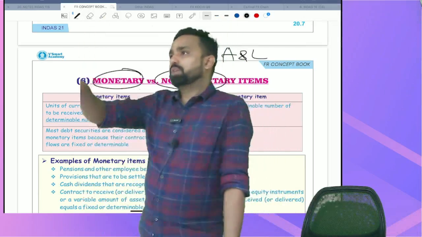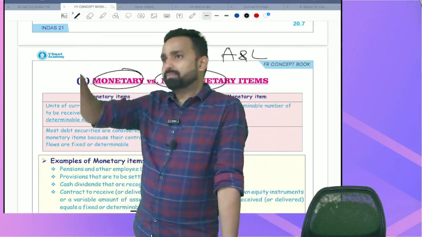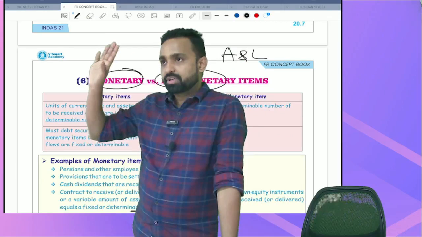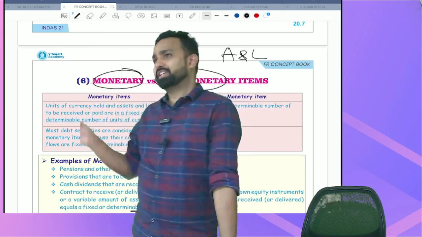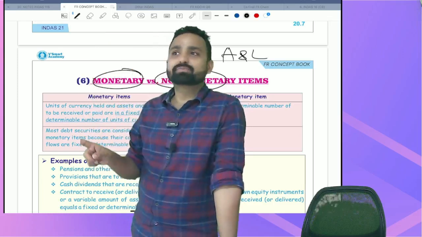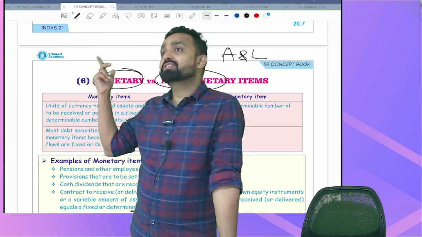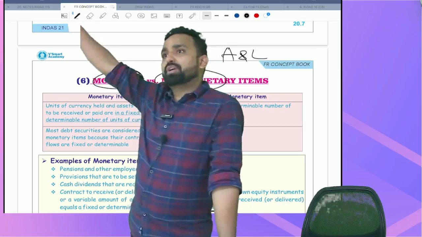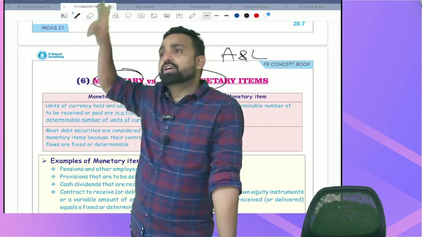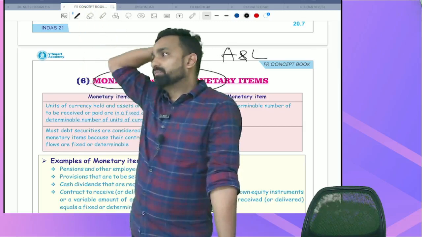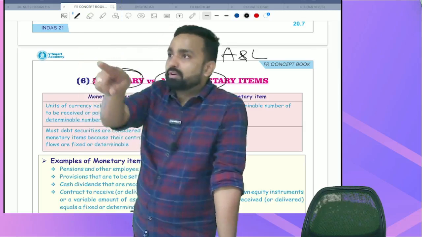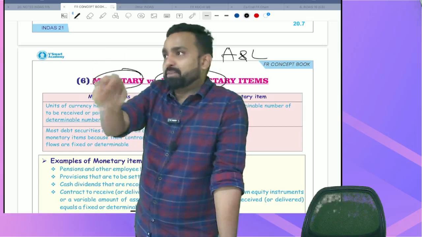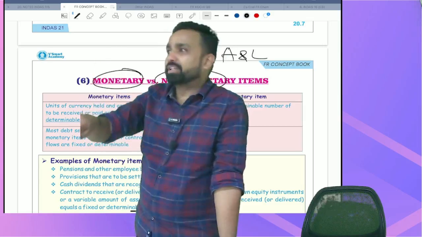Correct. Non-monetary foreign currency items. Foreign currency non-monetary items. First, you have to check: are they measured at cost or other than cost? If they are measured at cost, get lost. Why get lost? Already given the spot rate, we will continue with the same rate, historical cost. Not measured at cost? Follow the same rule of FCMI. Take the new rate, revalue, calculate the gain or loss.